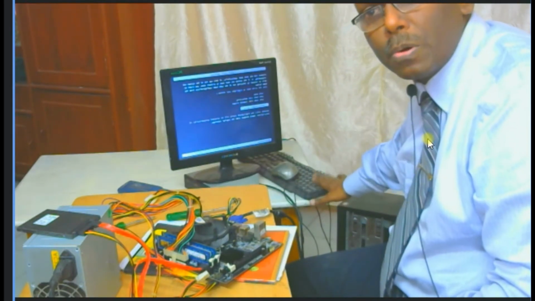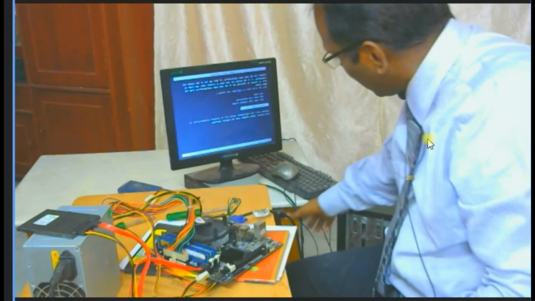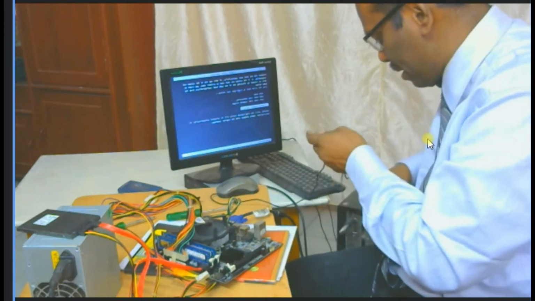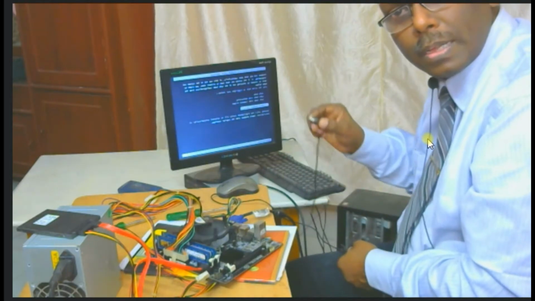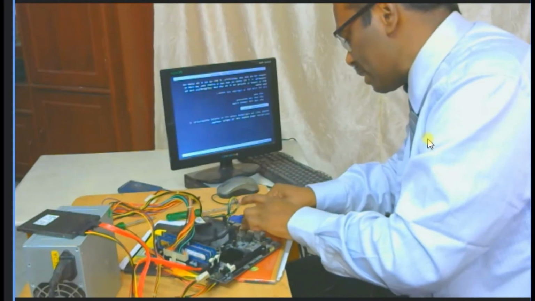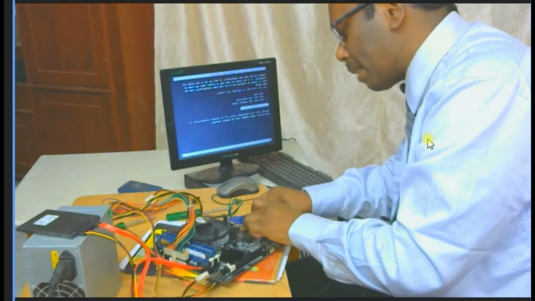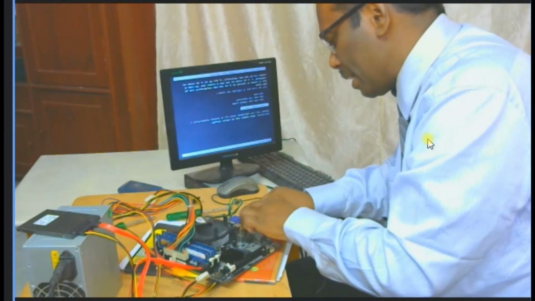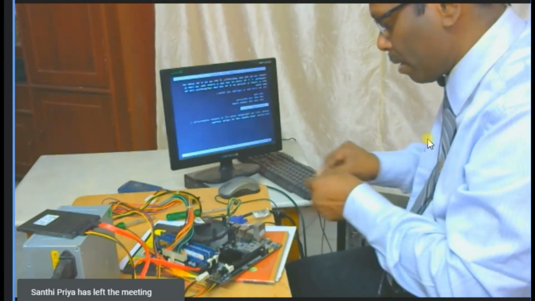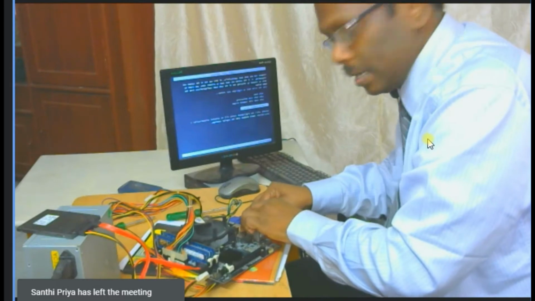But there is no keyboard. So what can I do? I can insert the keyboard online, and the mouse also online. It won't stop. If the keyboard is there, then it can start because already I have started. I need not remove the power and all these things. Any USB device can be connected just like that and removed. Okay, I have inserted the keyboard, and now I am inserting the mouse.